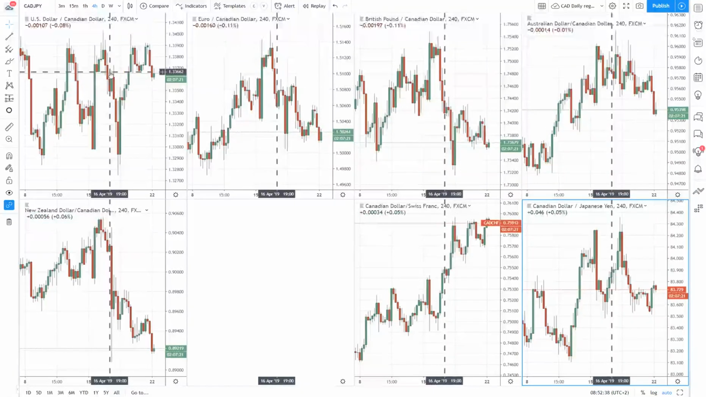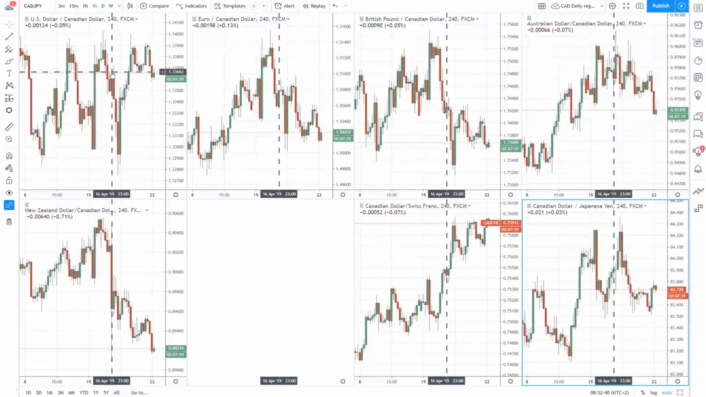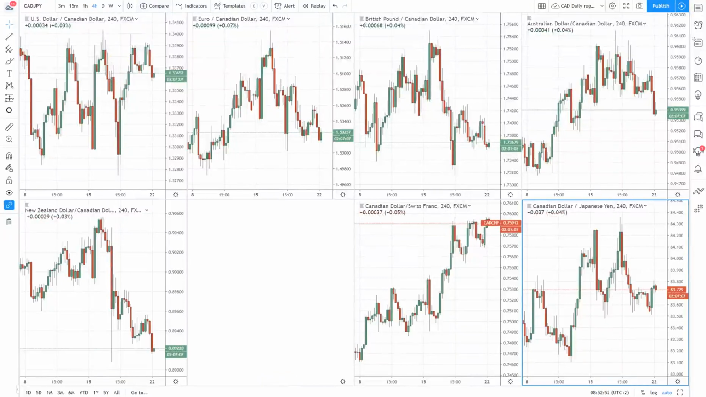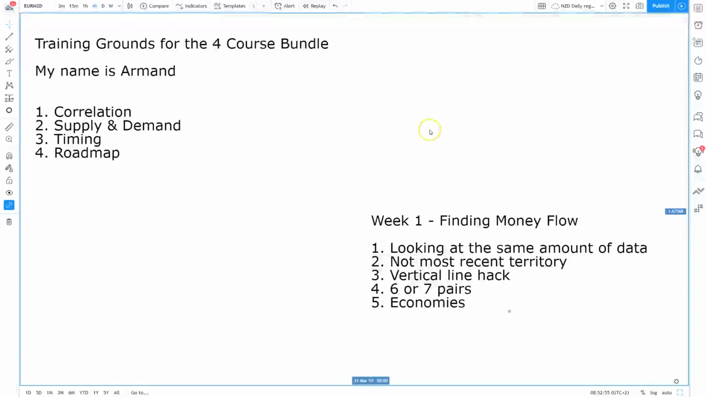So if for the first one here, for instance, I'm going to say I'm going to look at this amount of data from 16th of April, 2300 hours onwards, then I have to do that for all of these pairs. I will explain this further in the upcoming details, but at least now we already have an idea what I mean. I've also mentioned just now that I will discuss not most recent territory, and I can be very short about this. This just means that